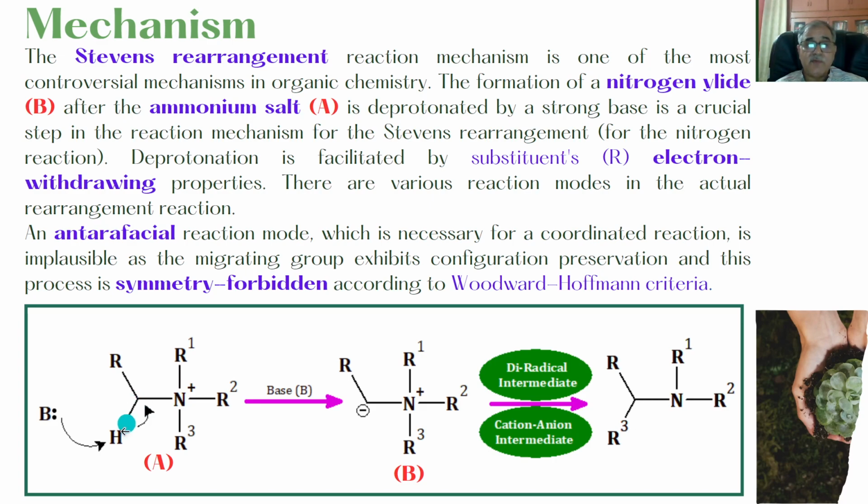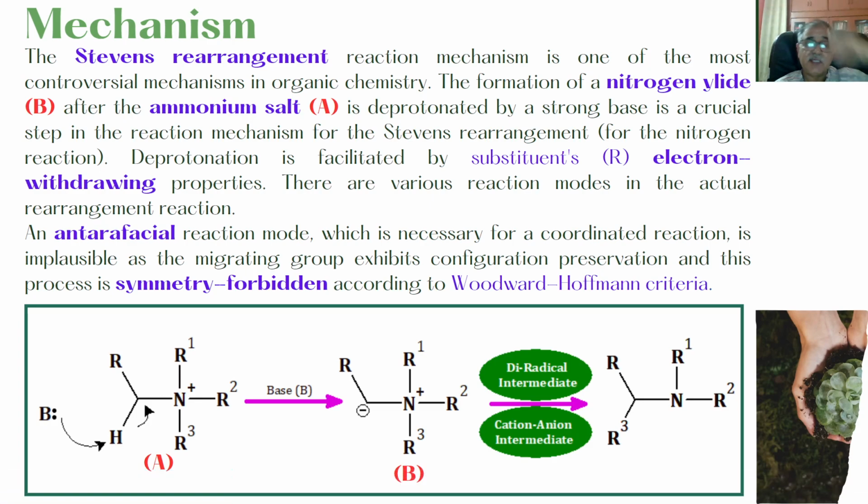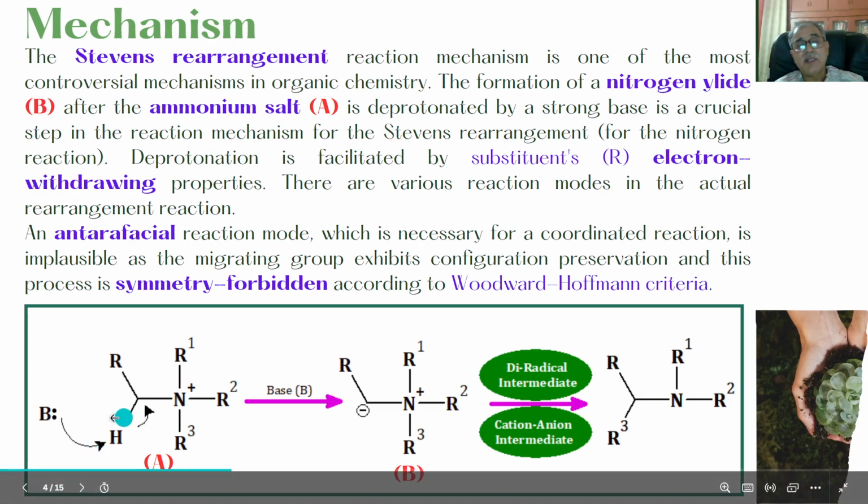This carbon will have protons which will be acidic and can be easily removed by the base, and this will lead to the formation of this type of carbanion,